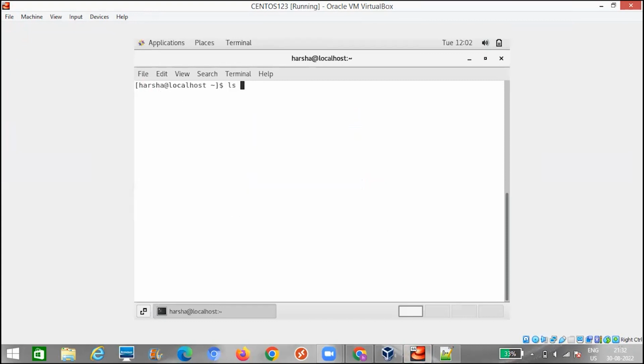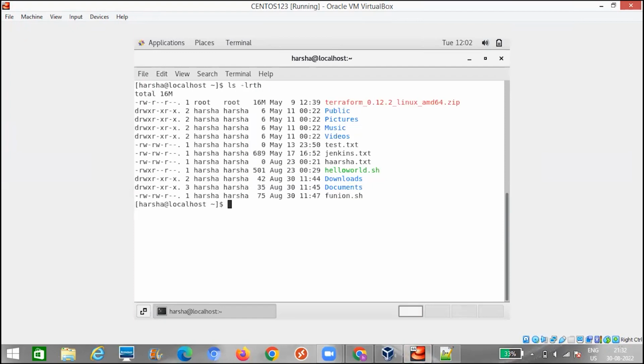Here, let me do ls -lrth. Now you see this file has only read and write permissions for the user, read and write for the group, and read only for the others.